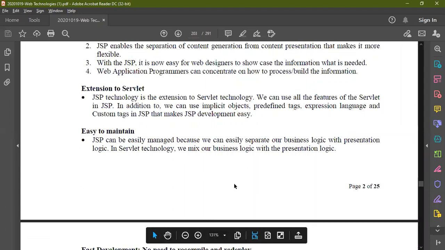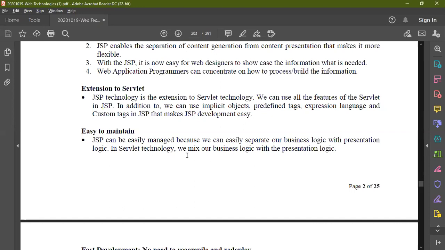So here JSP can be easily maintained because we can separate the business logic from your presentation logic. In servlet technology, we mix both the business logic and presentation logic. As you saw in the example, if you're writing Java code, inside that you are going to write your presentation logic. This will cause some complexity issues.